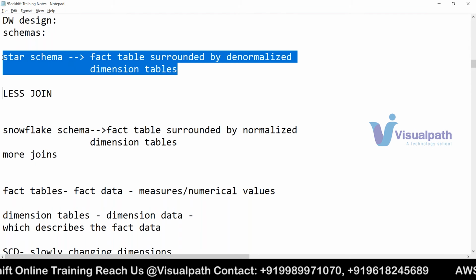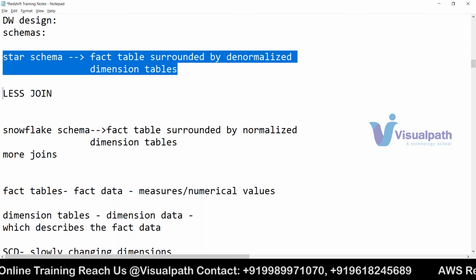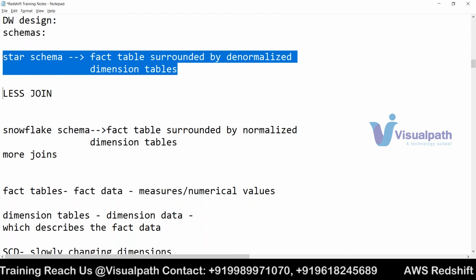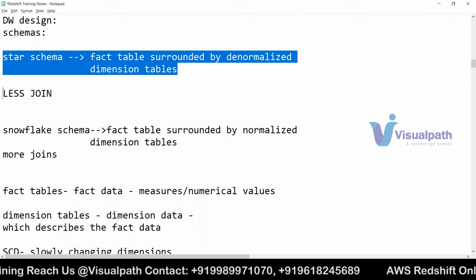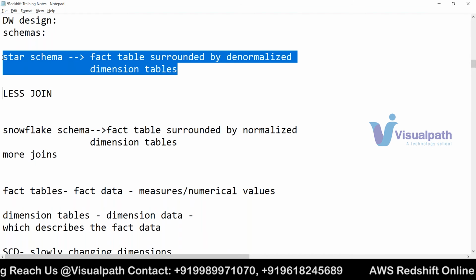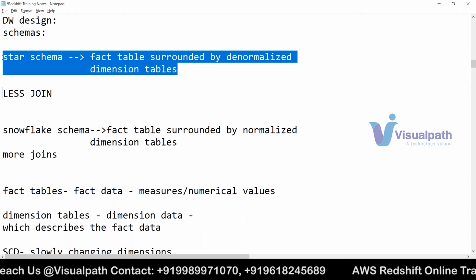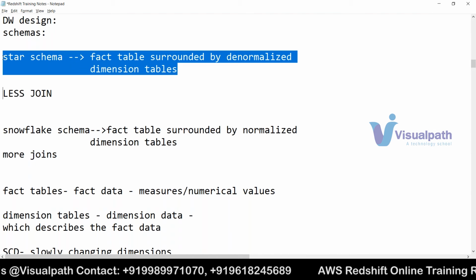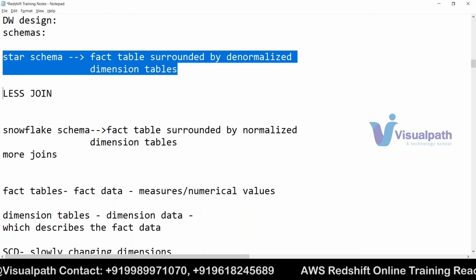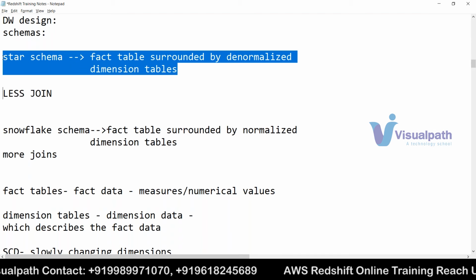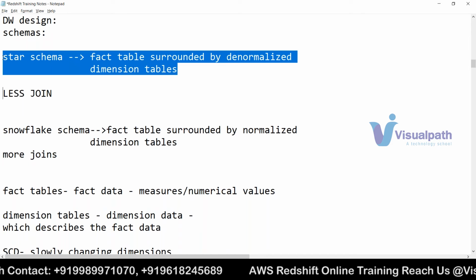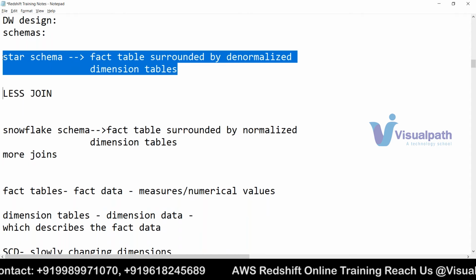Generally there is a common question, even if you try in Google. In fact, I have been in training for so many years and I already researched these things. There is a common question that's going on: what is better, star schema or Snowflake schema? And while answering that question, you should not say that star is better or Snowflake is better. Both have their own pros and cons. You should tell both the pros and cons of each schema.